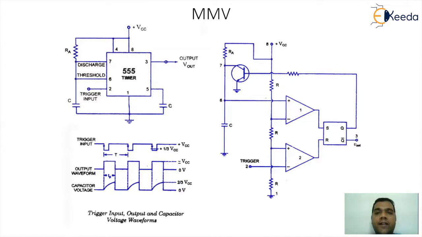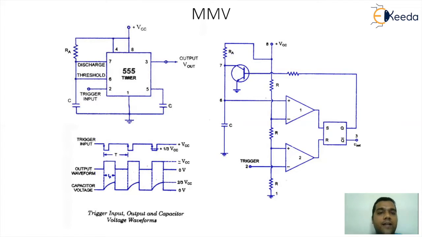So this is a circuitry of the monostable multivibrator. If you remember the introduction carefully regarding the MMV definition, that time we discussed that a monostable multivibrator is a specific circuitry that is designed to generate a pulse depending on the trigger signal given at pin number 2. So let's understand now how it is being realized.